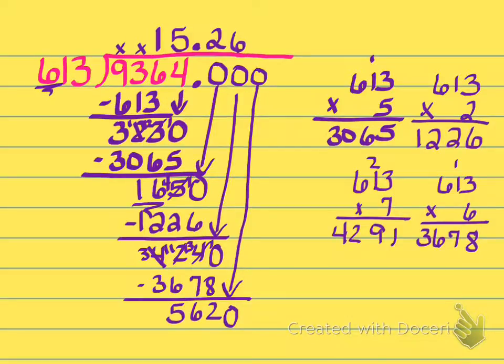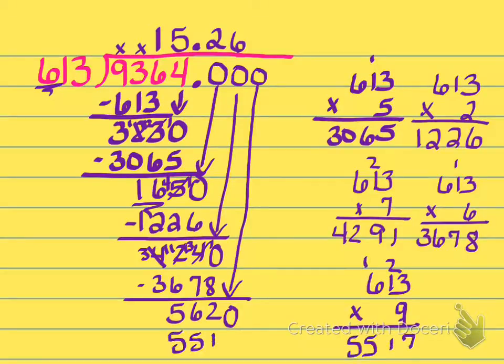So now once again I'm thinking, well, how many times does 6 go into 56? All right. So I know that 6 times 8 gives me 48, 6 times 9 gives me 54. So I'm thinking, which of those two am I going to use? So I'm going to guess 6 times the 9. So I end up getting 5,517. Now, I'm not going to bother dividing this guy out or finishing it out down at the bottom because